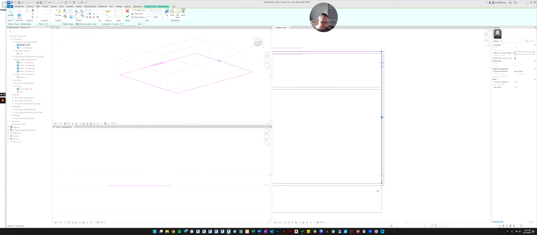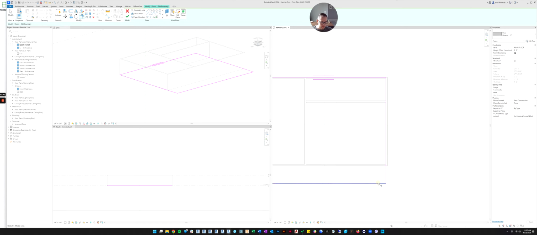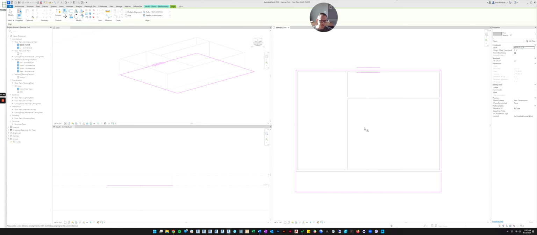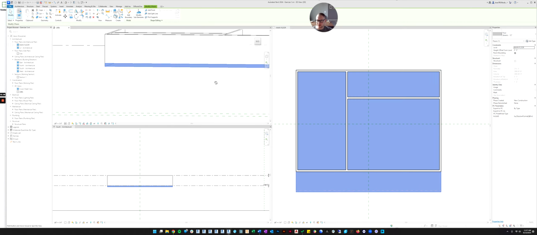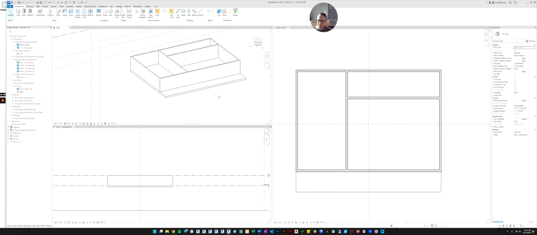Oh, maybe the align command doesn't work. Let's try it again. Align. There we go. I don't know what I was doing wrong, but there we go. Now we can click finish and it updates the floor to be where we want the floor to be.